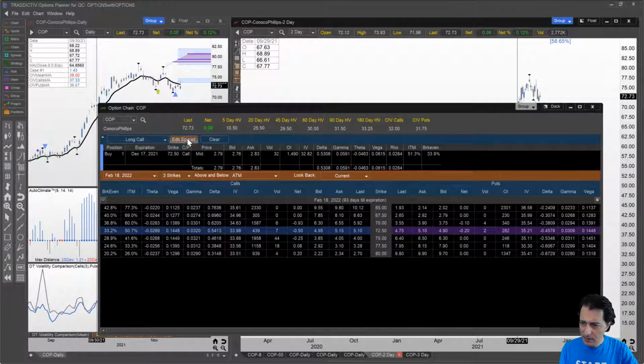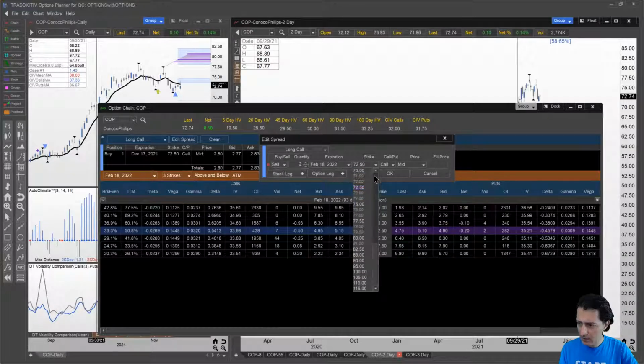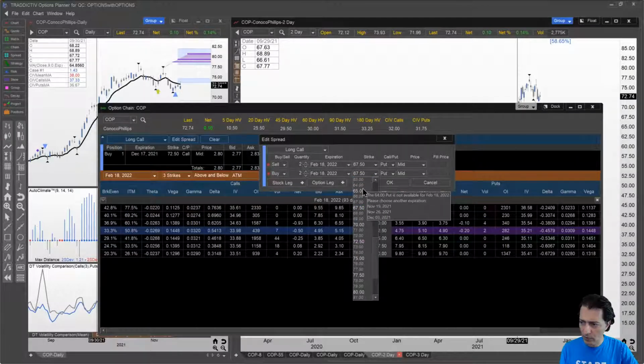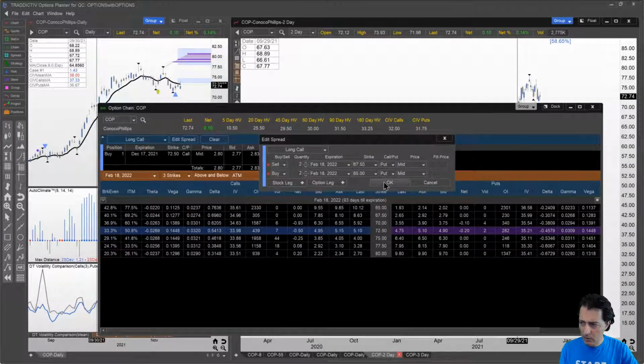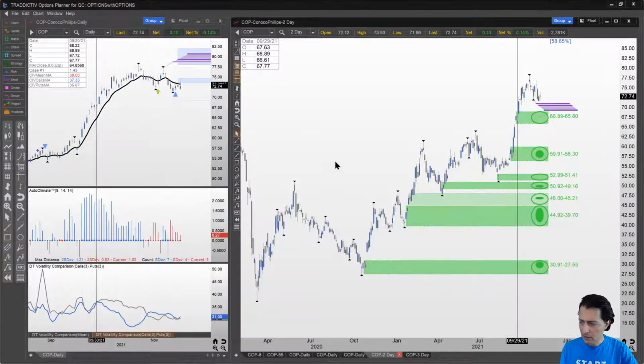create this trade. So we're going to be using February 18, and we're going to do 2 of selling the 67.5 put. Okay, we're going to do 2. Then below that, we're going to buy the 65, which is the nearest one below. Okay, so if I do this, right, and I show you the risk graph,